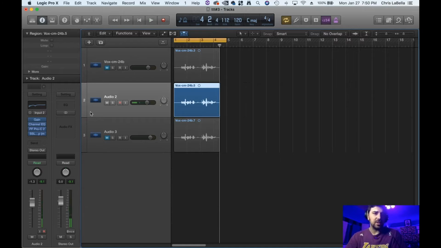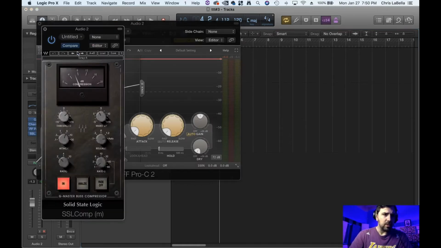Now you can see how that just sounds super squished, and it sounds a lot louder, but it's only 0.3 decibels louder than the original track. And if we look at what's going on with these plugins,